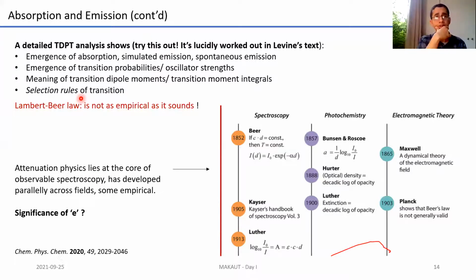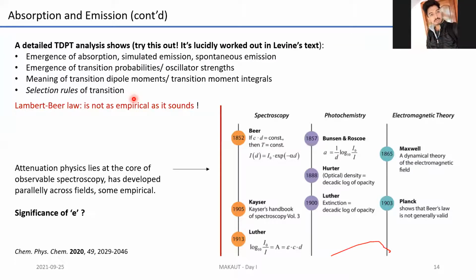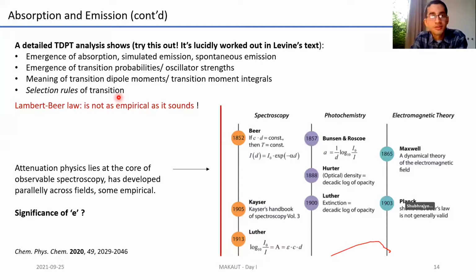And more importantly, in this analysis, you'll also come across selection rules of transition, where you'll get to know that there are certain things which are forbidden in the atomic world. And why are they forbidden? They're just an artifact of the quantum mechanical rules which govern the world of atoms and molecules. And they are the selection rules. And obviously, as with any set of rules, there are certain things which break the rules, and breaking these rules gives rise to new forms of spectroscopy.